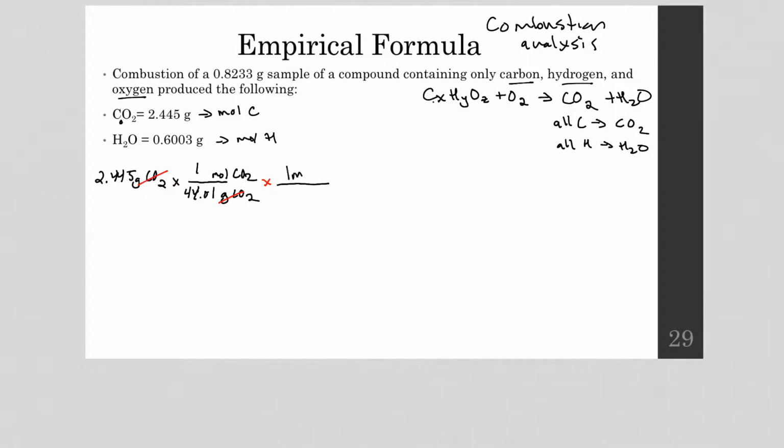So if I have 1 mole of carbon atoms per every 1 mole of CO2 molecules, now I have a way to convert into moles of carbon. So if I go ahead and do this math, I end up with 0.05556